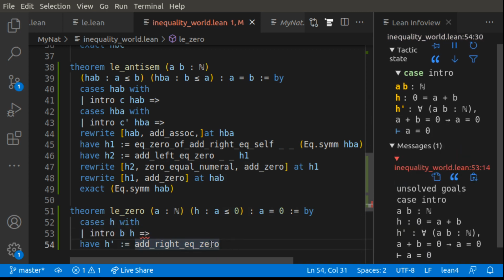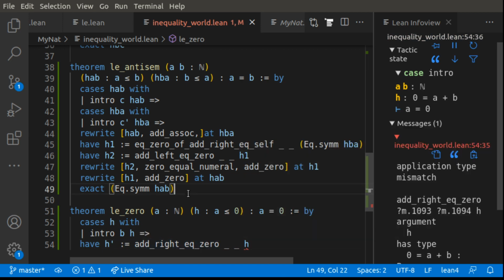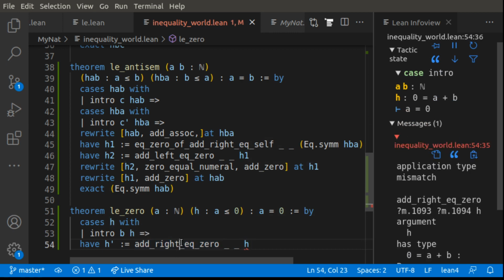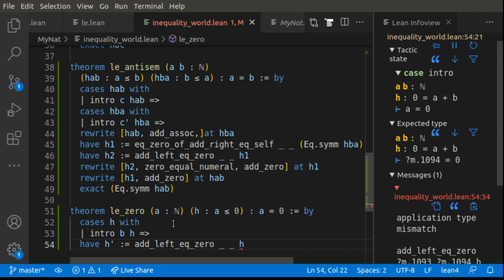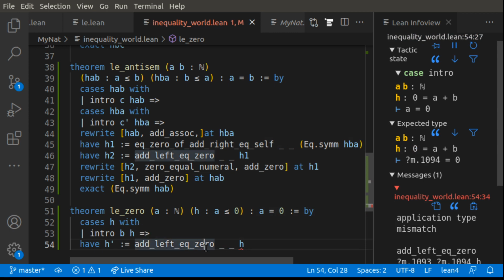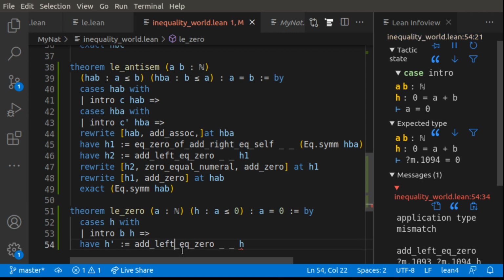Okay, let's do things. A plus B equals 0. No, we do want to add right. Okay, so this is saying A plus B equals 0. Okay. Oh, and then add left is saying B equals 0. We want to prove that A equals 0, so we go back to add right, and then